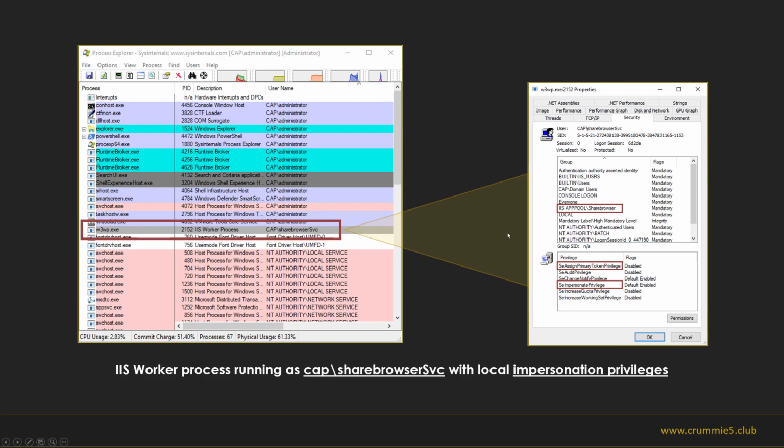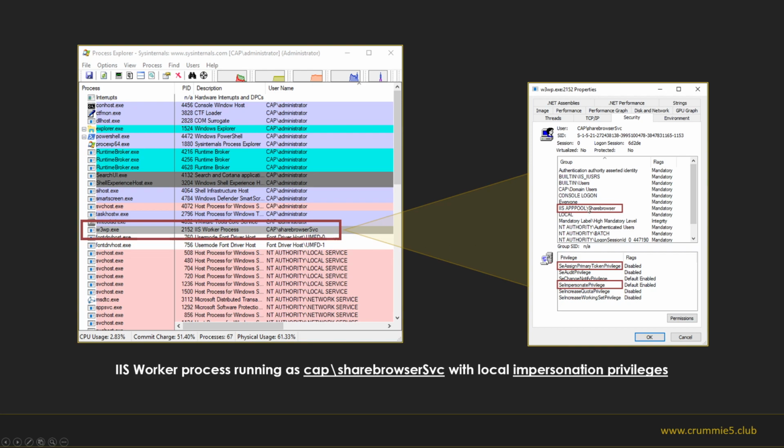And here we can see the actual process that is running this service with the name w3wp.exe, which is the IIS worker process. And we see that the account running this process is SerBrowser service.